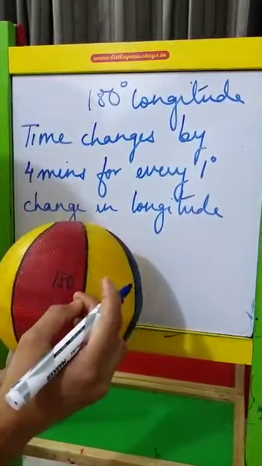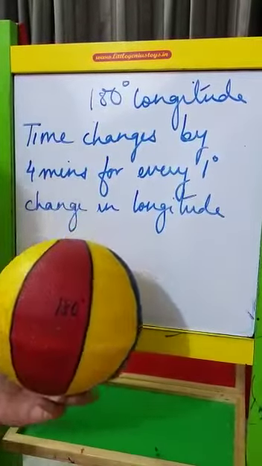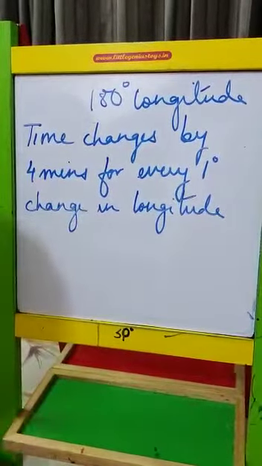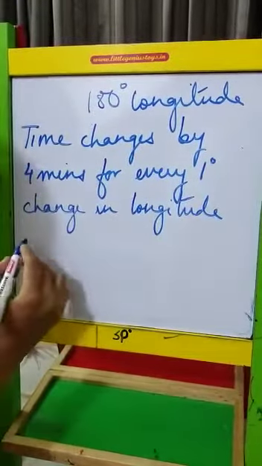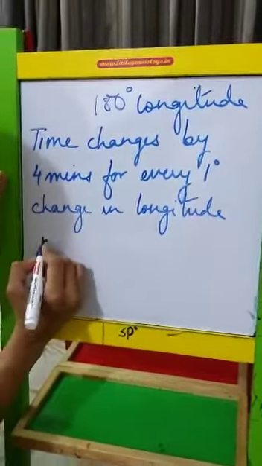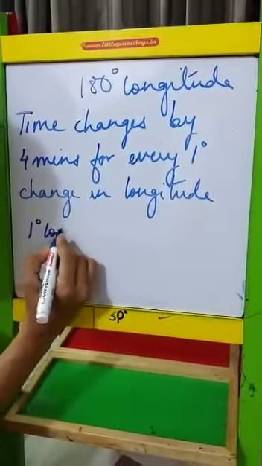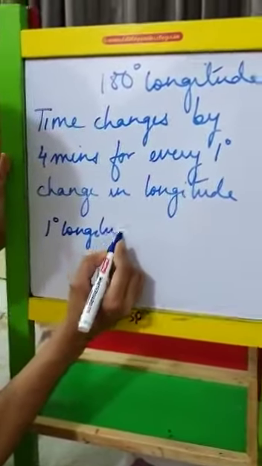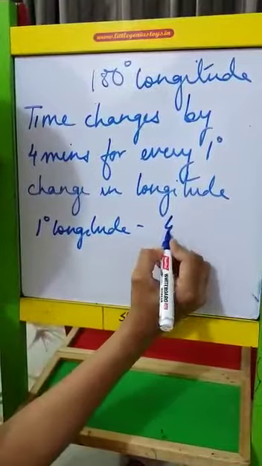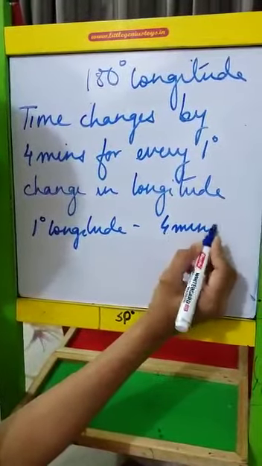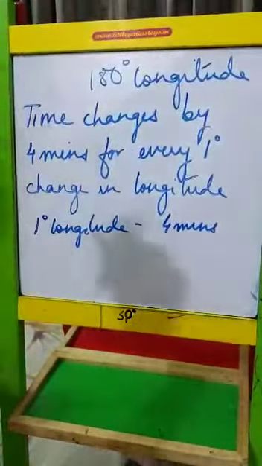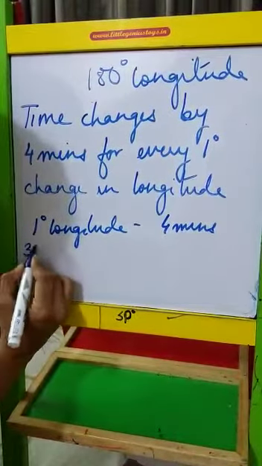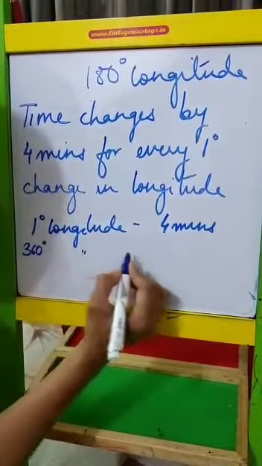Coming back here, we have covered 360 degrees. So, if for 1 degree longitude time changes by 4 minutes, then when I have gone through the entire world, when I have covered 360 degrees longitude,